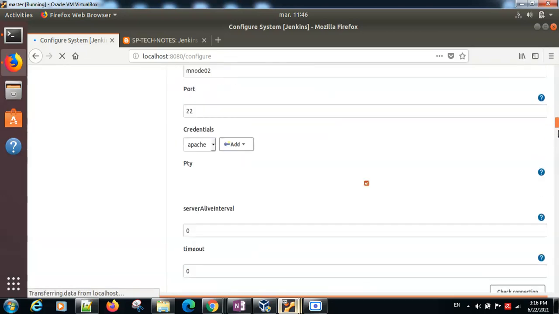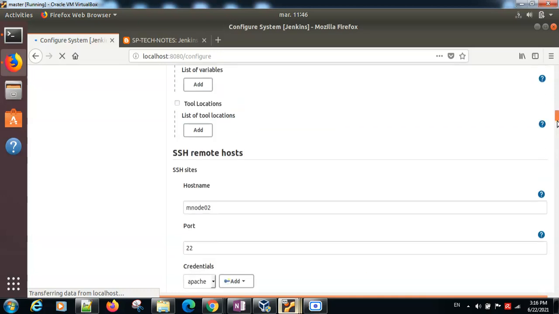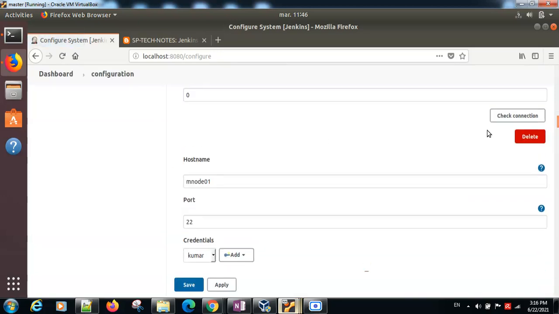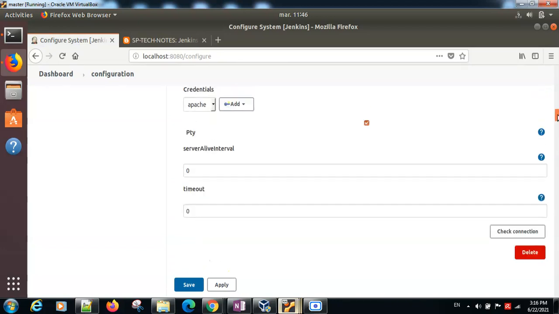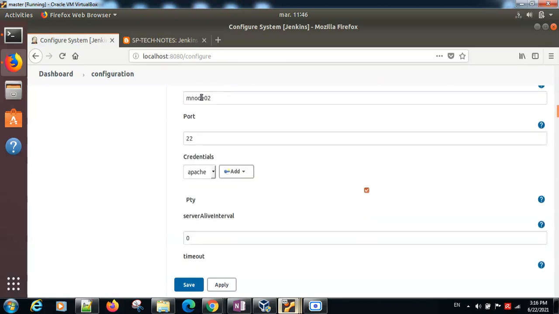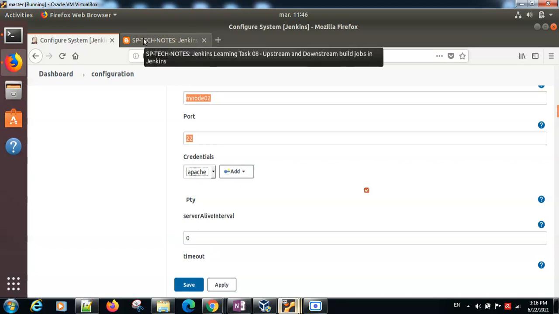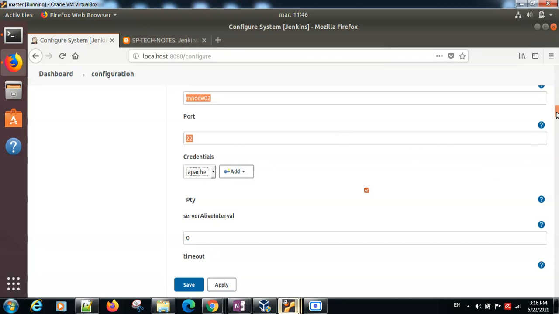So in here you have to add under the SSH remote host. This is my app server. I just add the credentials for my app server, M002 and port 22, and my app server username is Apache, and you can select it here because I have already added it. And also you have to add